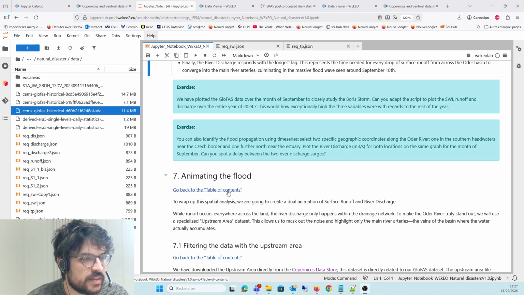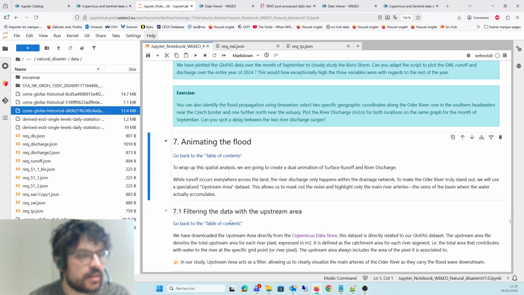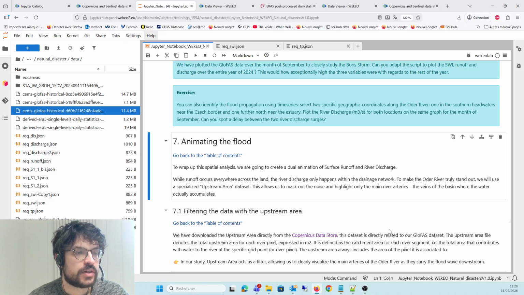And so in this regard, we need to filter the Oder river discharge dataset, so only the main arteries stand out in our plot. This is why we are going to use a specialized upstream area dataset that will allow us to mask out the noise, so to say, and only display the main river arteries of the basin.